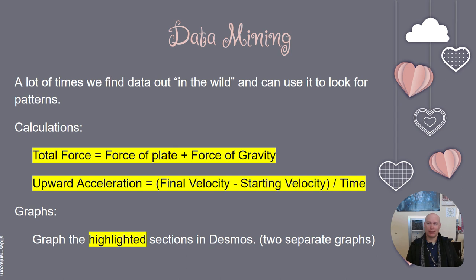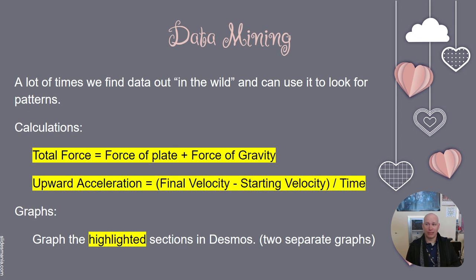The other section that we have to code is the upward acceleration. This equation is a little bit more complicated, but it's up on the screen for you. So we always start with the equal sign. Then we have to have parentheses, because what we want is the change in velocity divided by time, and the parentheses make sure the order of operations does everything correctly. So start with your equal sign, put your parentheses, and then select the cell that has the final velocity, the 3.2 in this first line,